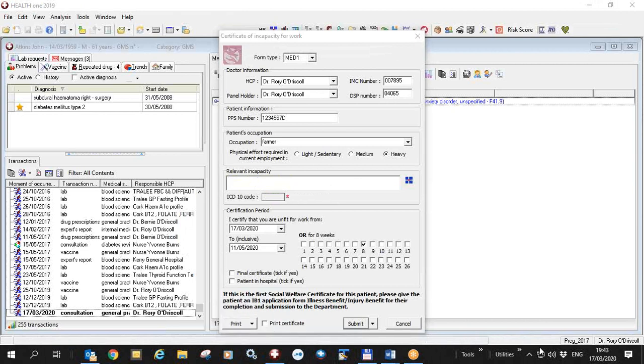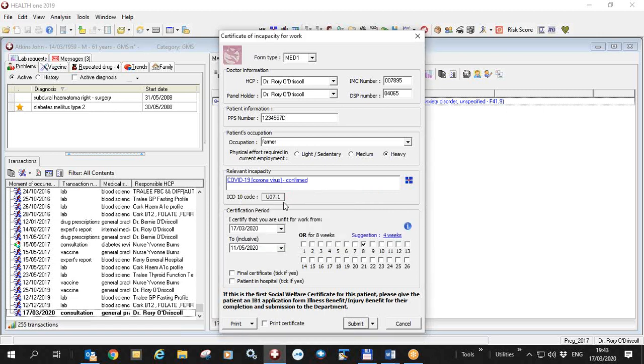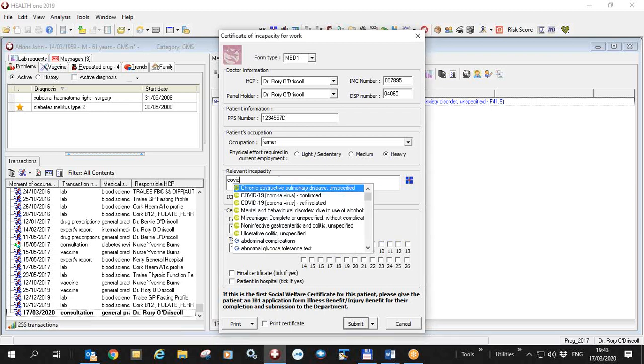Because I am recording this video in the middle of the COVID-19 pandemic, I want to show you that you can use this certificate for your COVID patients. If in the relevant incapacity you simply type COVID, you will see that you have two options here. COVID confirmed, which has one particular ICD-10 code, and COVID